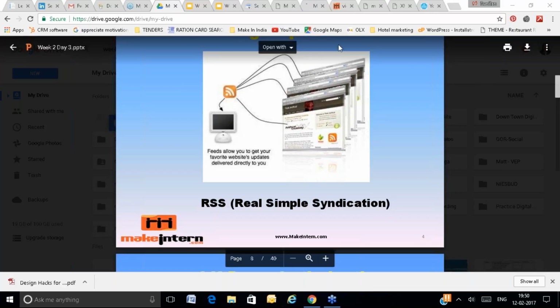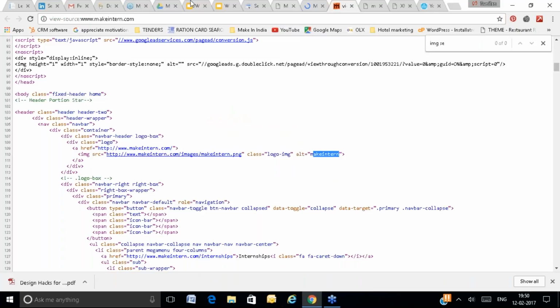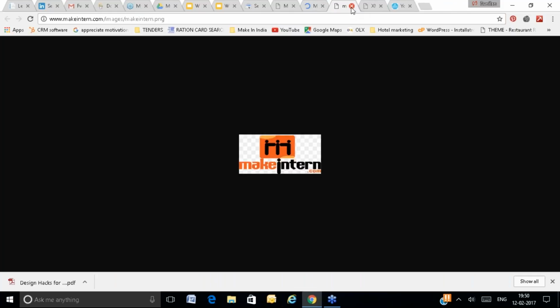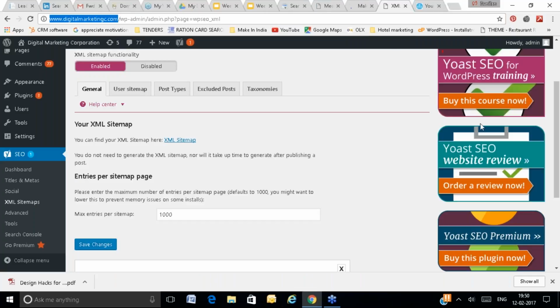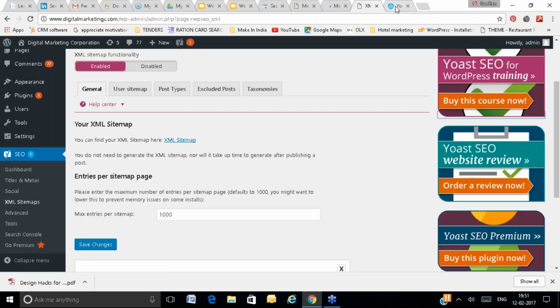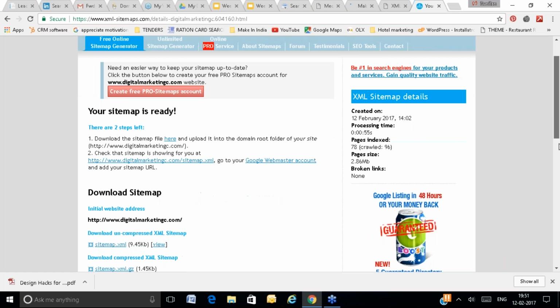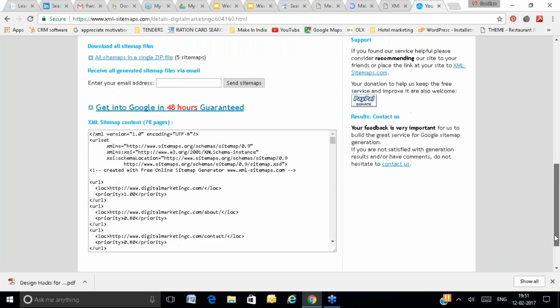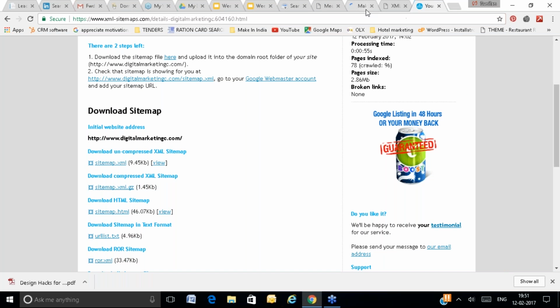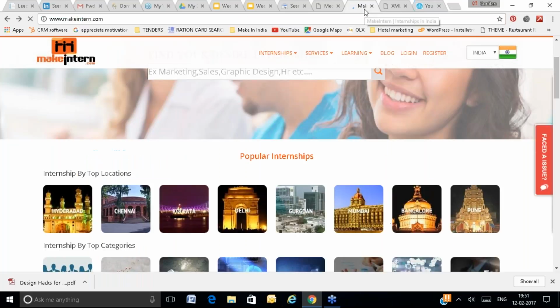Really simple syndication. So if you have seen that kind of sign, let's see if you have ever noticed that. Let me see if I can show you some RSS. No, it's not there. Let's see if it is available on Macinturn.